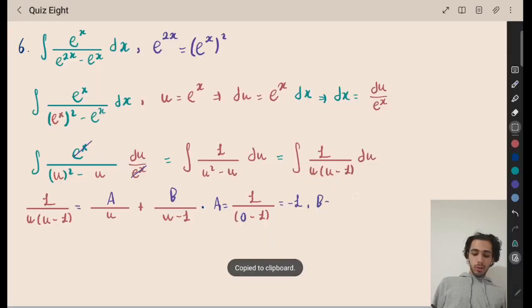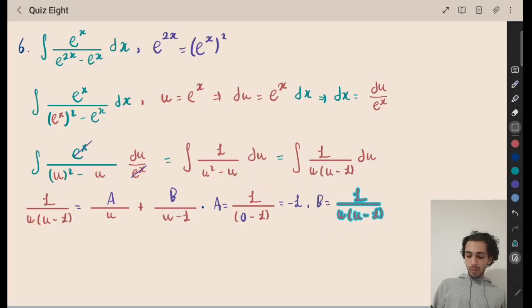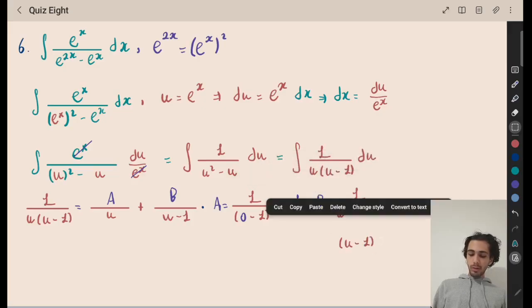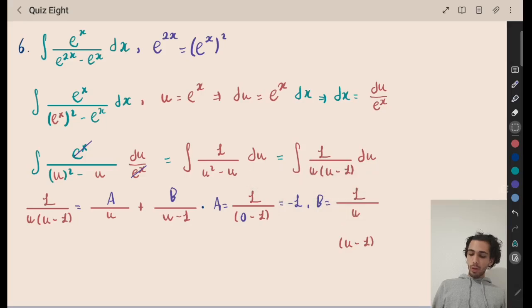B is the coefficient of 1 over u minus 1. So I take this thing out. What is the problematic value? It's 1. 1 minus 1 gives me a 0 in the denominator. Then I should plug it in here. I plug it in here, I get 1 over 1, which is 1. So that's amazing, because I can write this as